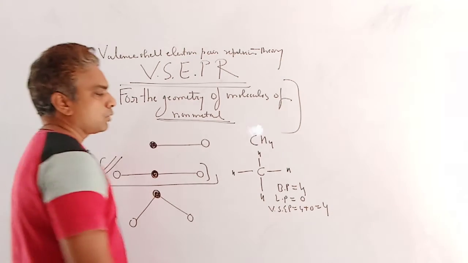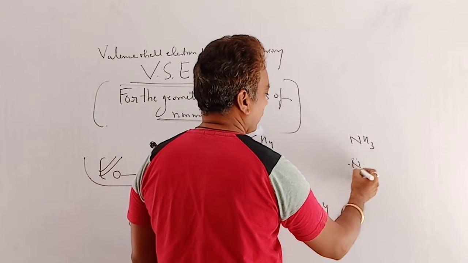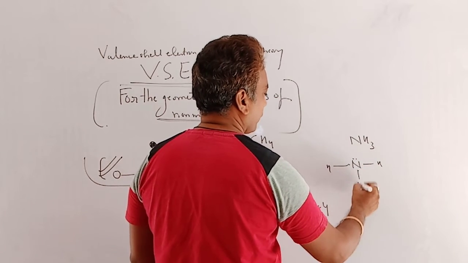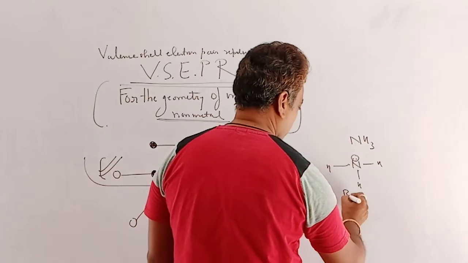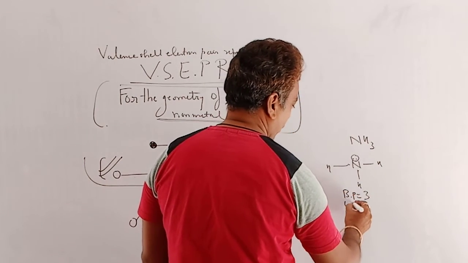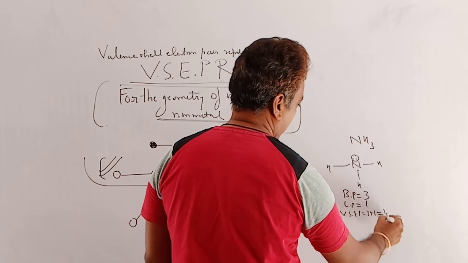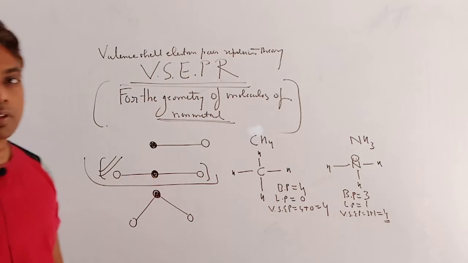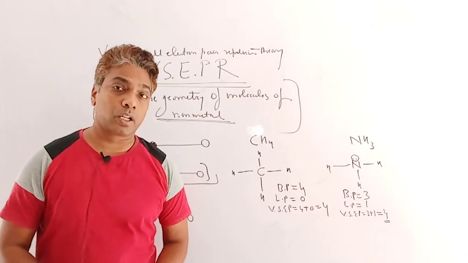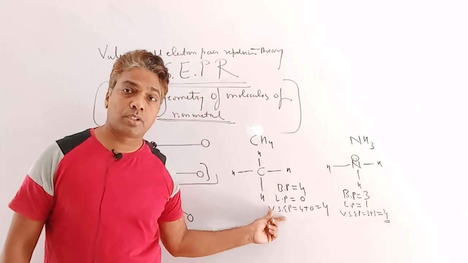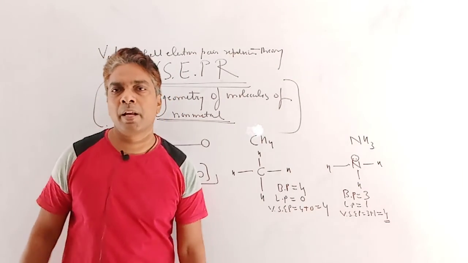Clear? Suppose another molecule like ammonia. Here nitrogen contains 5 electrons, 3 are shared with hydrogen. So one acts as a lone pair. So with respect to nitrogen, how many bond pairs? Here are 3 bond pairs. How many lone pairs? It is 1. So how many VSEP do we have? This one is 3 plus 1, 4. Clear? So simply the total number of valence shell electron pairs with respect to the central atom is the sum of the bond pairs as well as lone pairs. Clear?